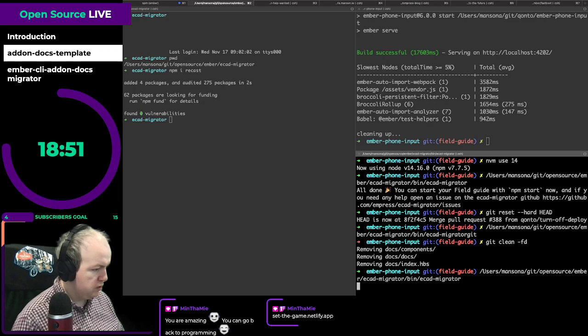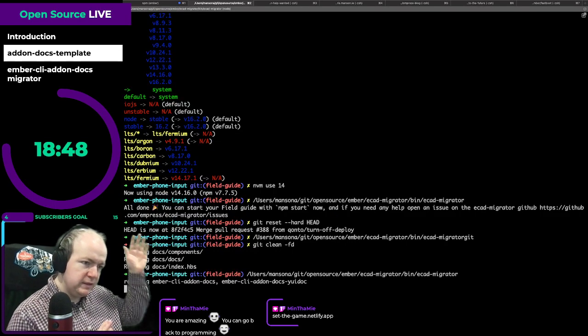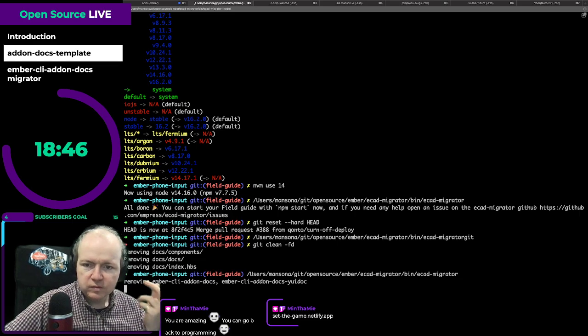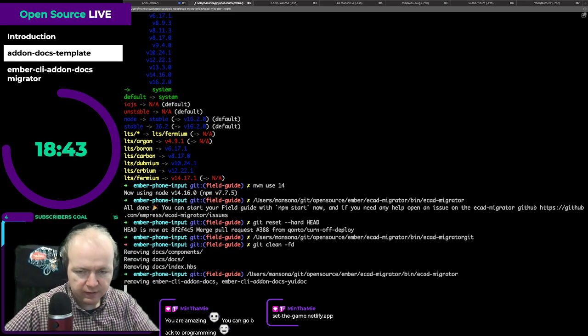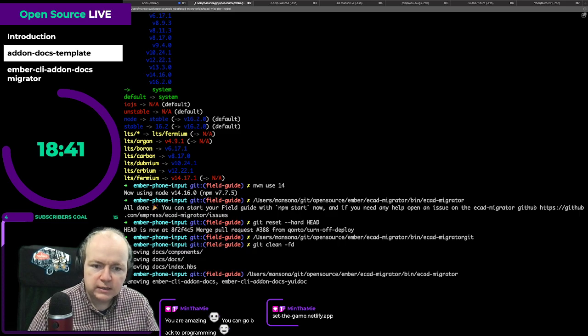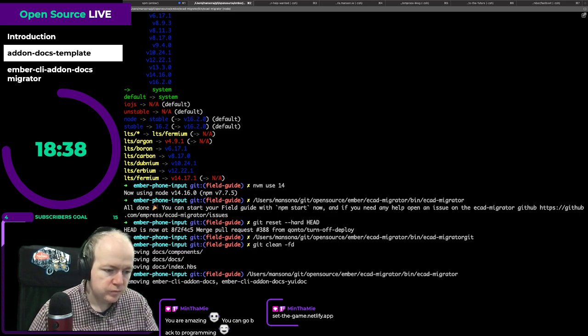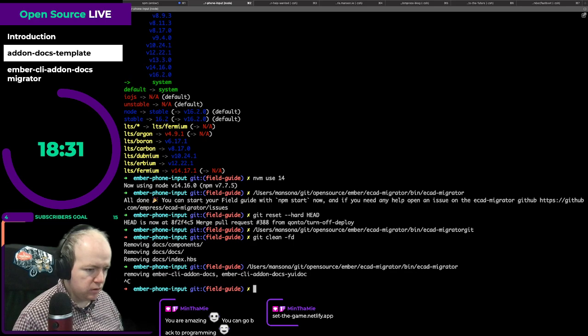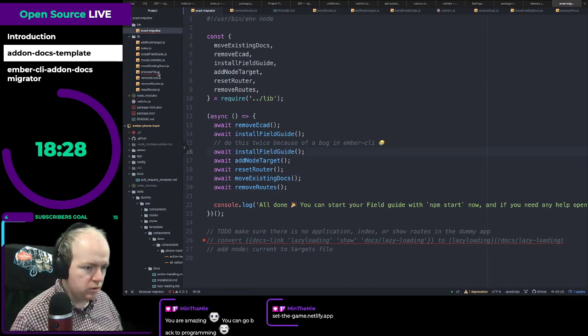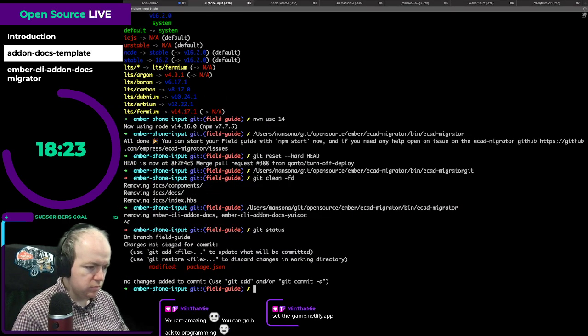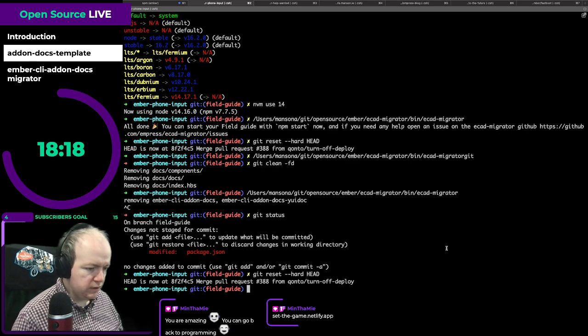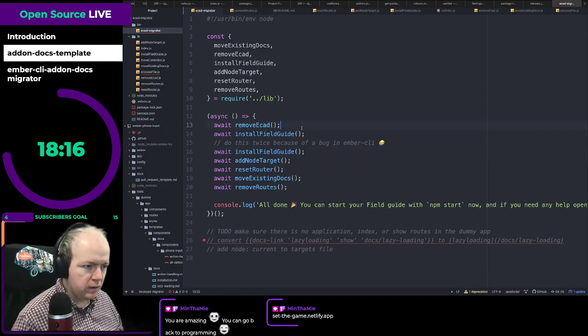And we're just going to run the migrator again. It's going to do its stuff. So this takes a little while because, you know, various bits and pieces take a long time. What I could probably do actually, git reset hard head. Cool. What I'm gonna do,